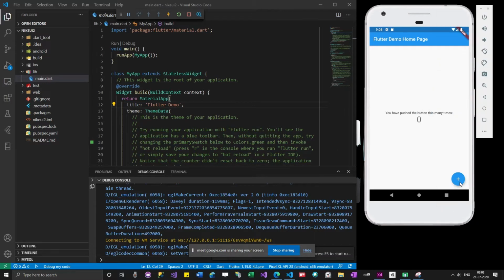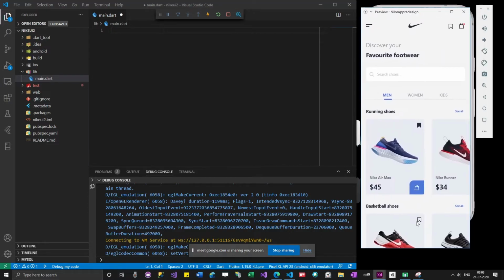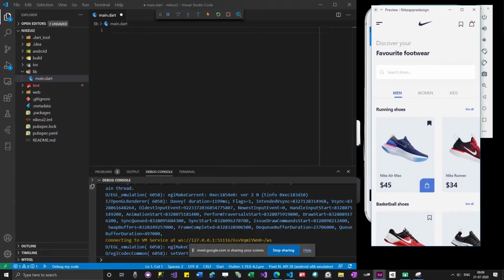So you can see that the default app has loaded. Now I'm going to remove everything and start coding from scratch. I'm coding in the main.dart file. The thing you need to understand here is I'm not going with modular code. Since this is the beginning example for us, I'm not going to reuse style sheets, I'm not going to reuse classes, I'm not going to do anything of that. I'm just going to achieve this output, because it helps me understand how widgets can be arranged together. So let's begin.